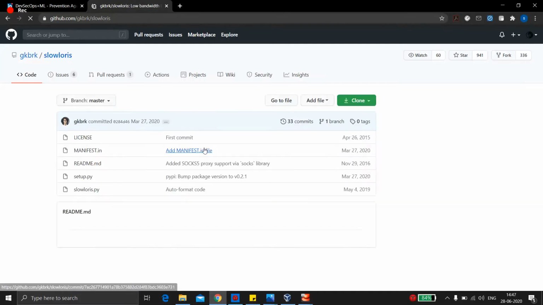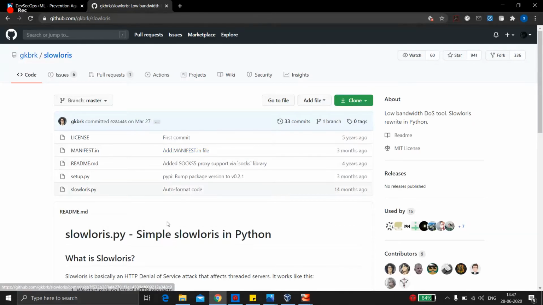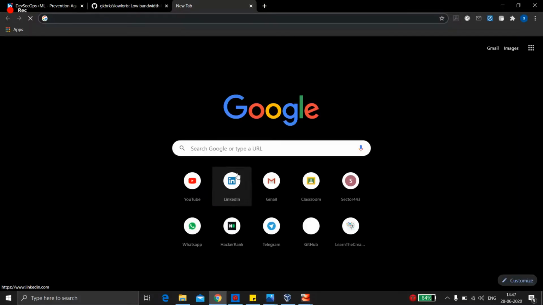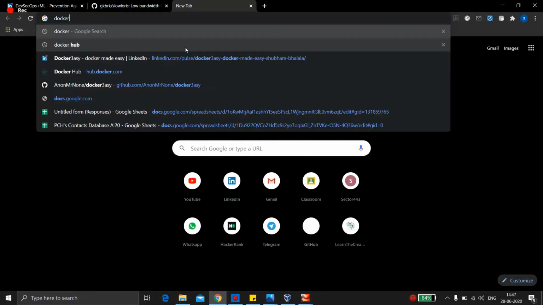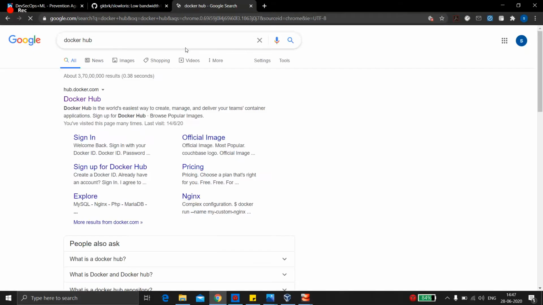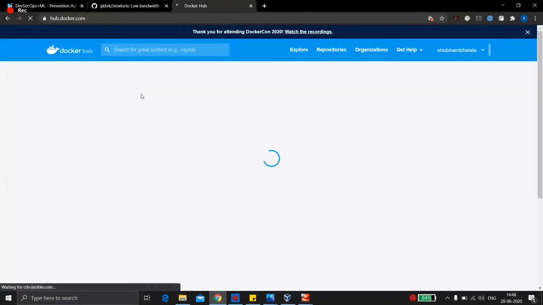We'll be setting it up, and I've even made a Docker image of it. You can go to Docker Hub and download that particular image which I made, which has Slowloris and the required things to run it, and you can perform your own attack. I'll show you how to do it, and also how to make your own customized image.